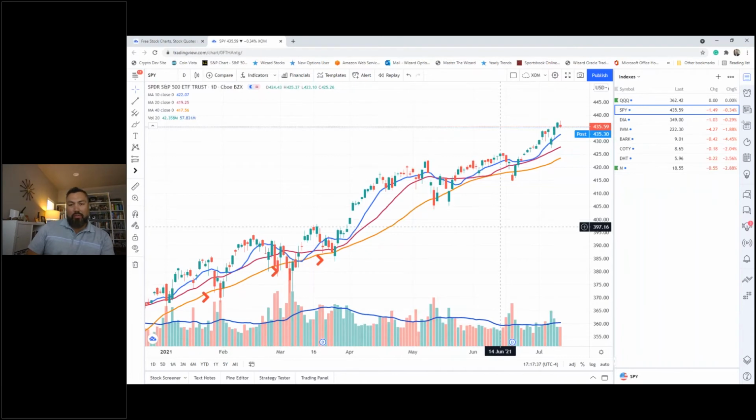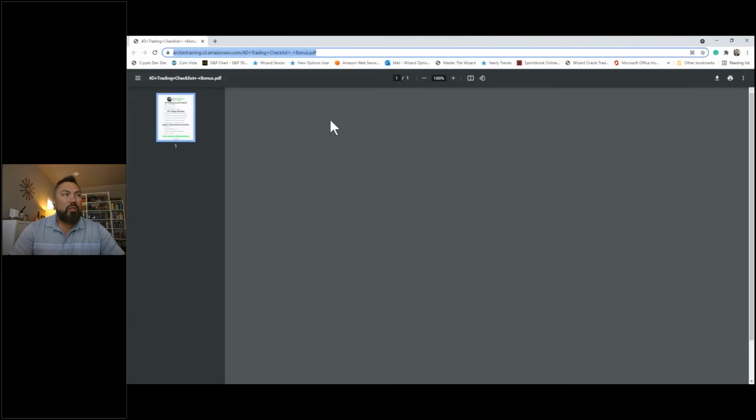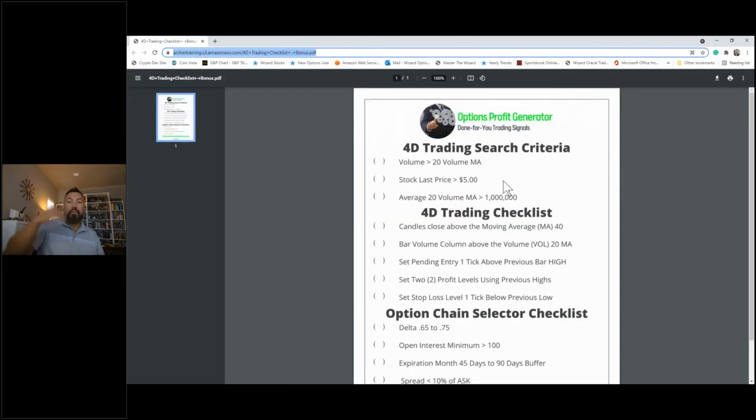So how do we put it together? Remember that checklist we talked about earlier today? Here's the link again. I'm just going to give you the full link. You could type it in, copy it, save it. But I'm talking about this checklist. This checklist here is going to put this together for us. This old checklist right here. We'll put all of this together.